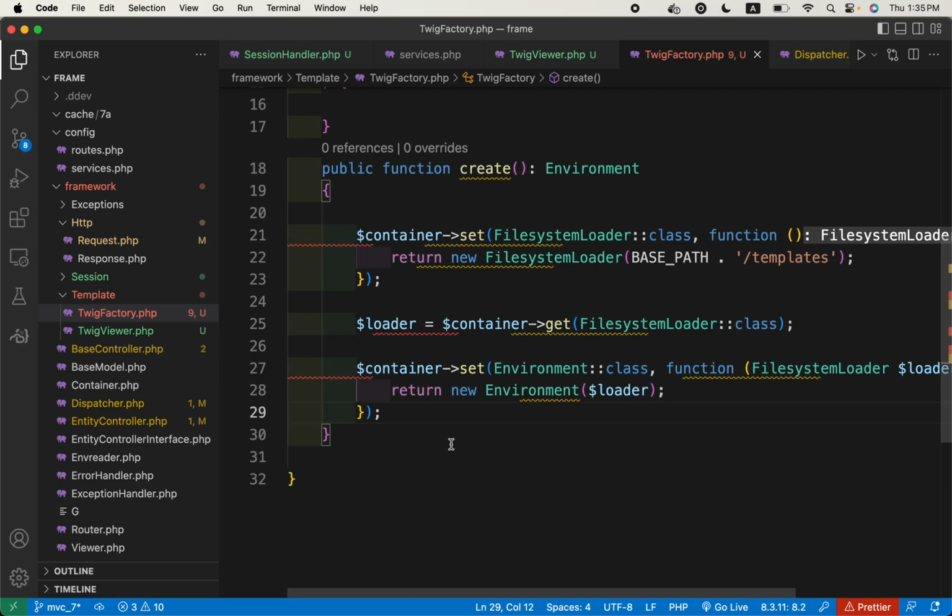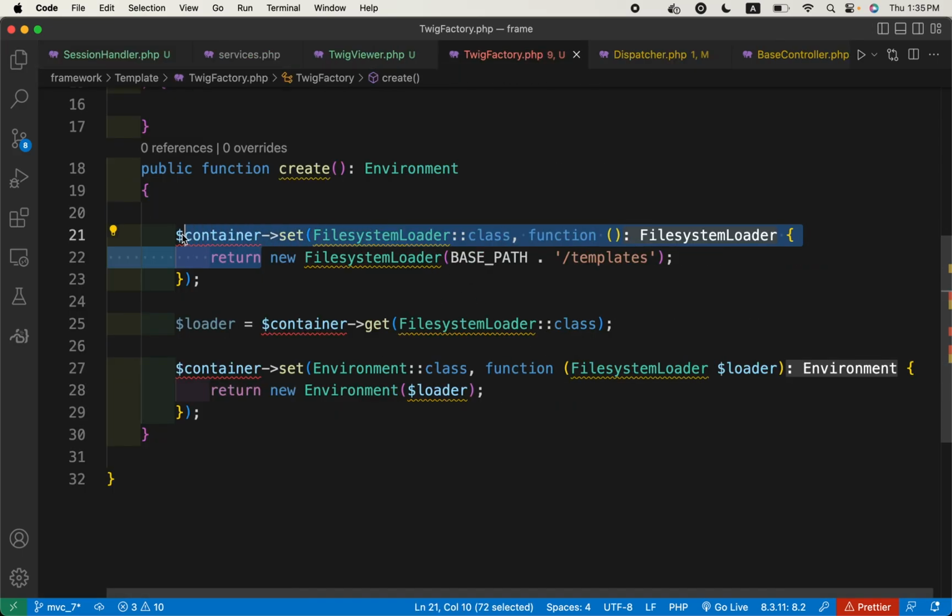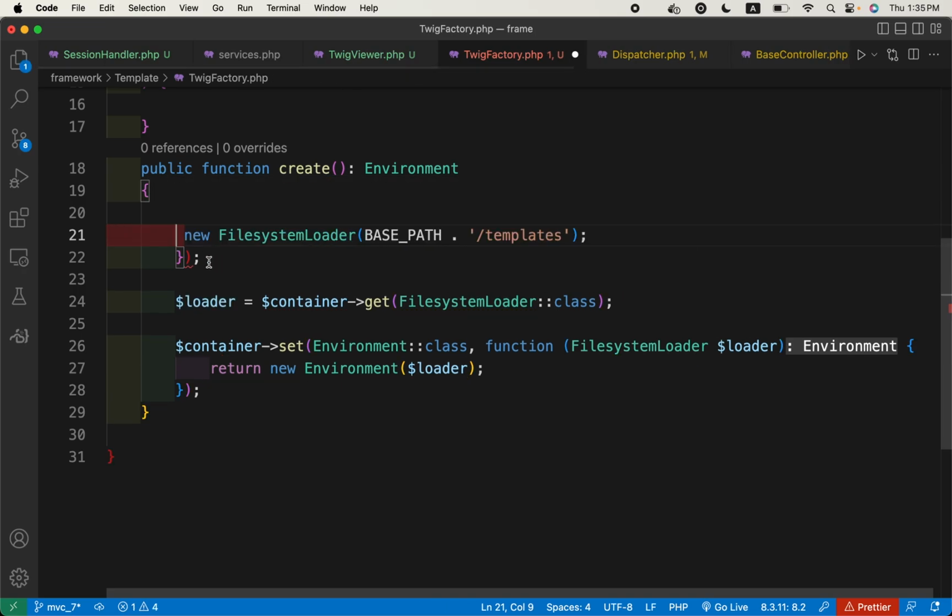Okay, so rather than returning it, we will create, and we are not using it via the container at the moment,